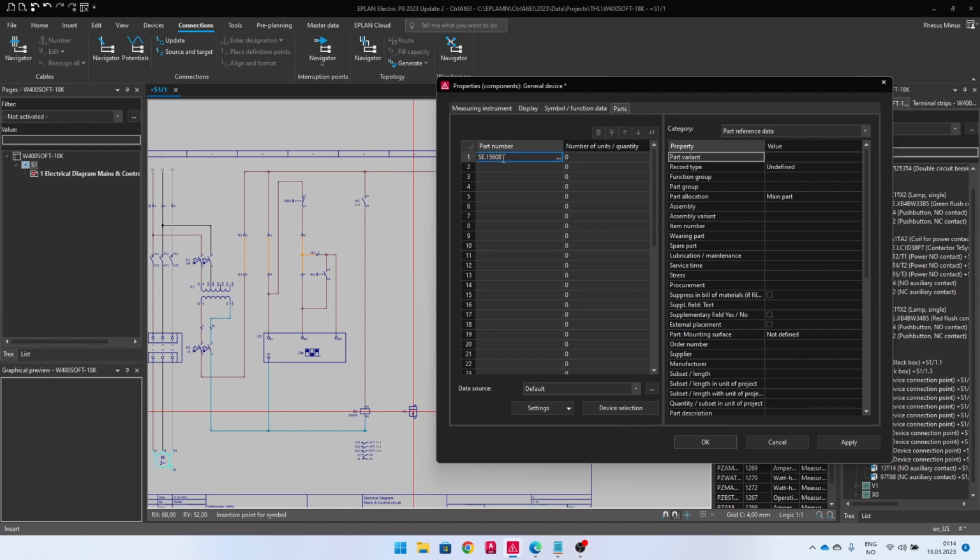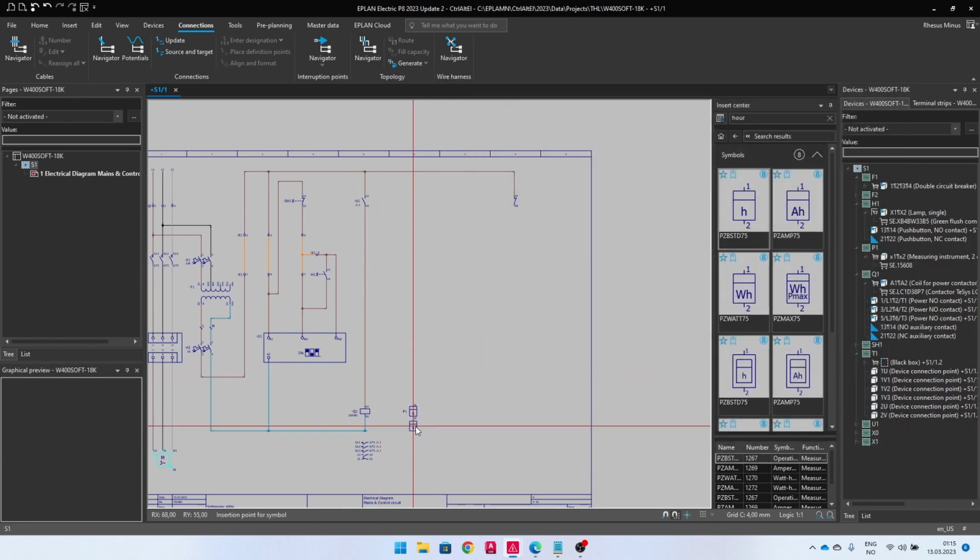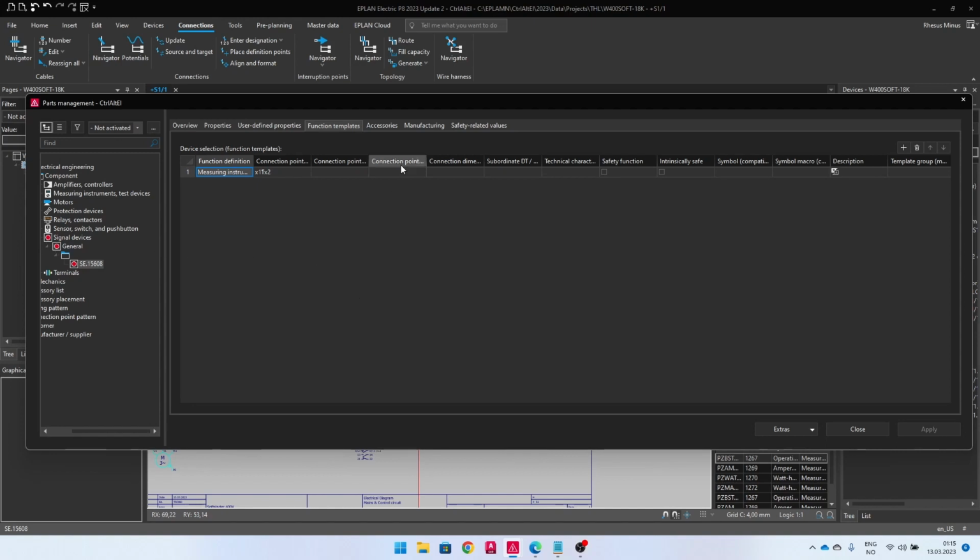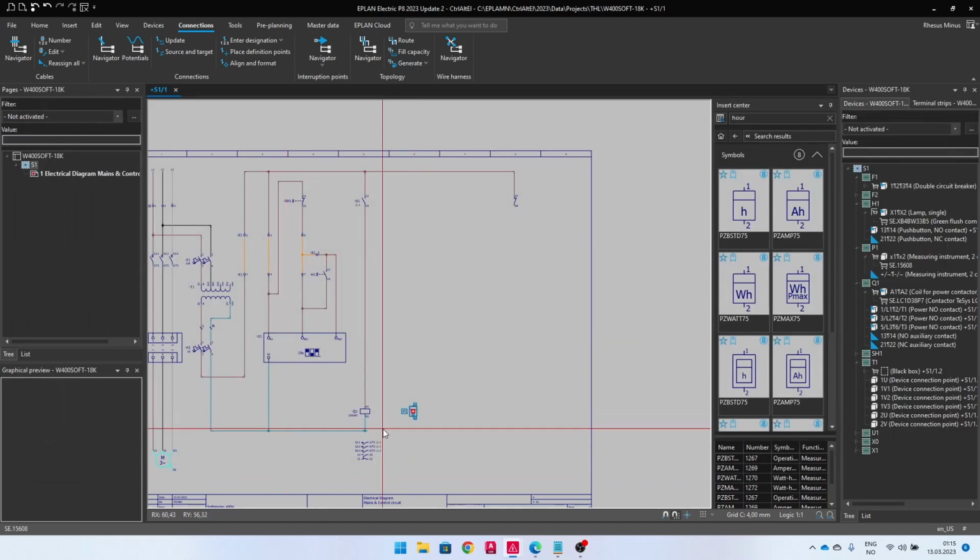So I will just create the part just by inserting the part number I want, and then I'll just tell EPLAN to generate this part, and it will be automatically a measuring instrument, 2 connection points. It says X1, X2. I don't want that because I wanted plus, slash, and the tilde character, and then I will do the same for Control Enter, and I will do minus, slash, tilde character for the connection points like this. So when I synchronize my parts now,